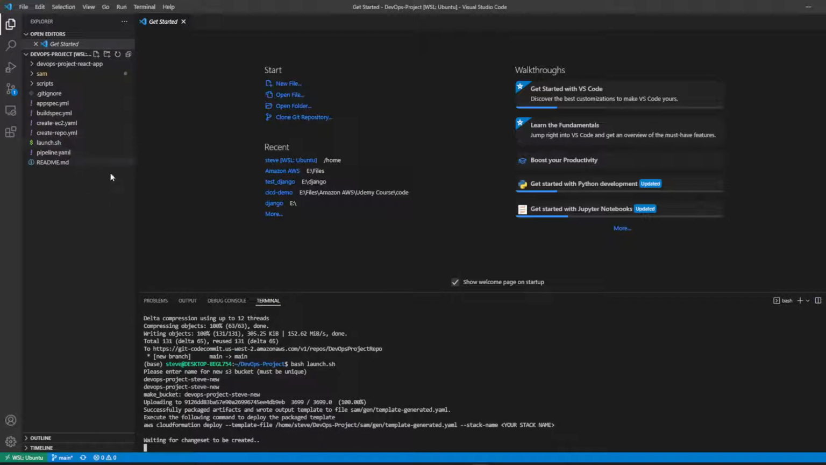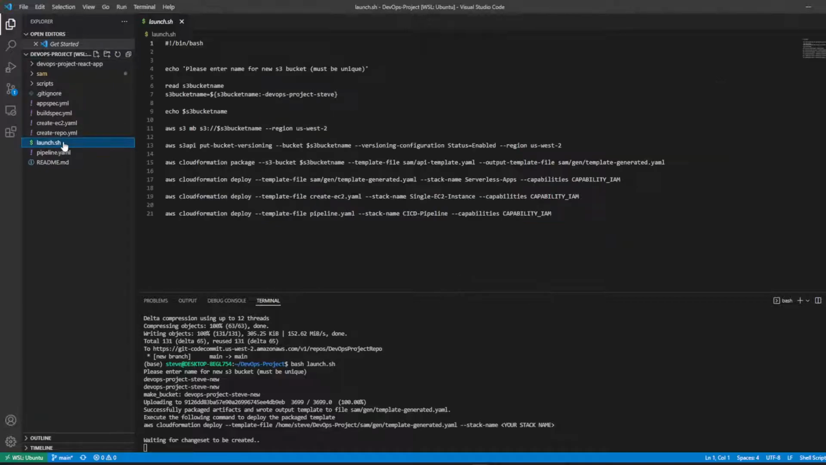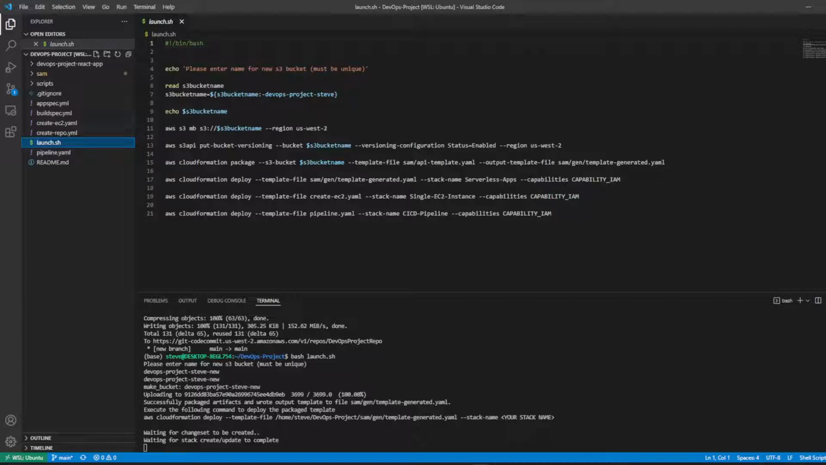That's going to take a while. So if we go into the launch.sh bash script, this is going to run a few of the commands. So this is first a make bucket. So it asks you what bucket you want to make. This is the default I was using, but you can type it in. Then this is the make bucket, and then we put bucket versioning on, so it doesn't have a whole bunch